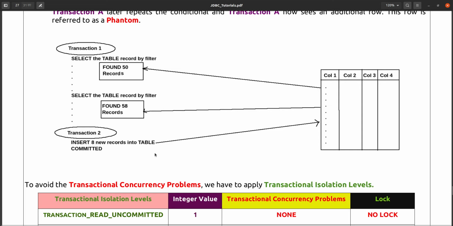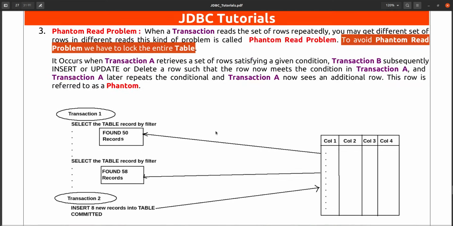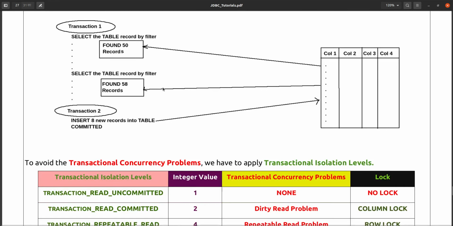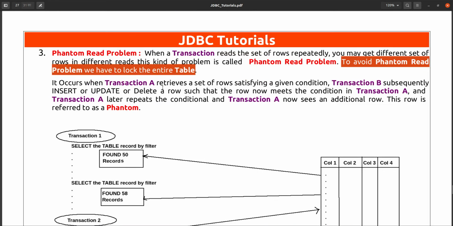Now the total is 58. When transaction 1 again selects from the table with the same filter, it now finds 58 records. So transaction 1 is finding different row counts. This is called the phantom read problem, and to avoid it, you have to lock the entire table.